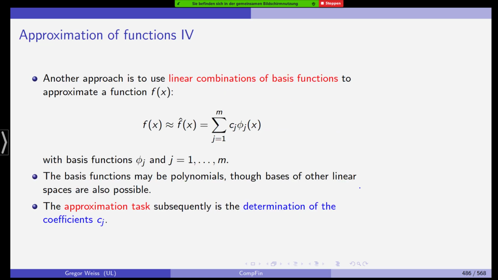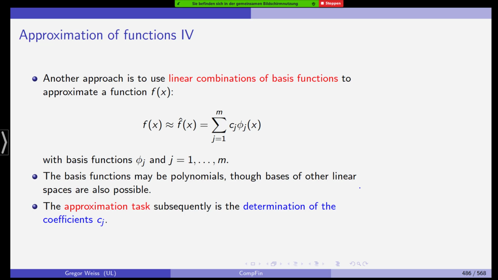Now, another approach is to use linear combinations of basis functions to approximate a function. Actually, this could also be done by polynomials. If you assume that the phi j functions, these basis functions, are monomials, x squared, x to the power of 3, to the power of 4, and so on, it's actually the same way. We would again get a polynomial of degree m, but we want to use this in a more general way,